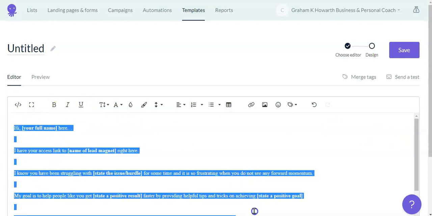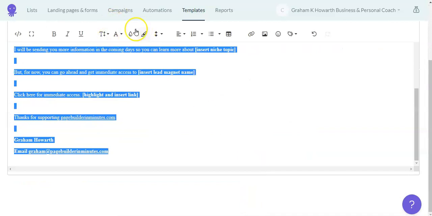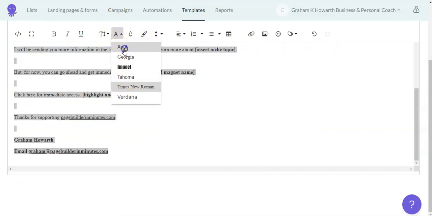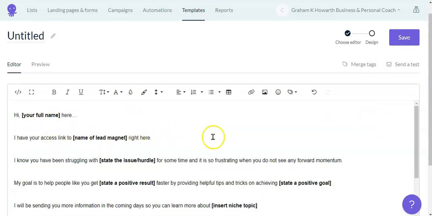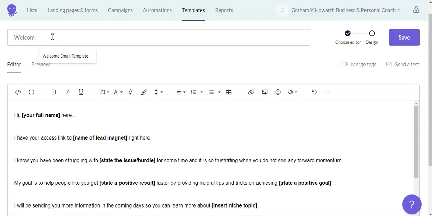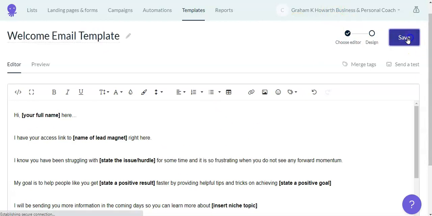If I want to change the font, for example, I might change that to Arial, which is what I usually use for emails. In there you can use italics, you can underline, all the normal sort of editing functions that you want. Okay, so one last thing for us to do is to give it a title, and what I will do here is put welcome email template, and if we click on save there,